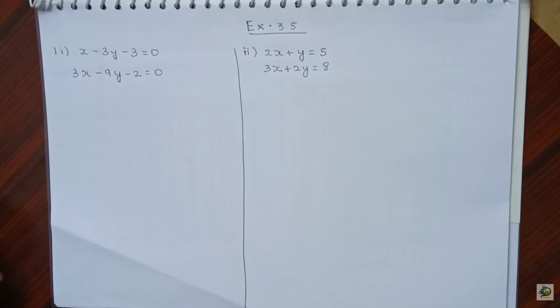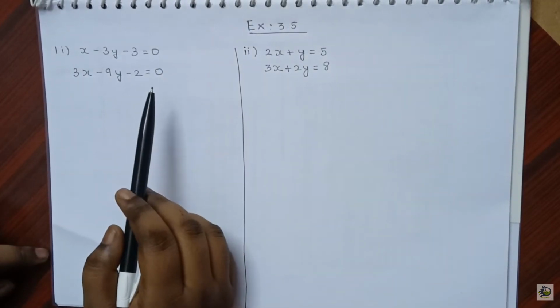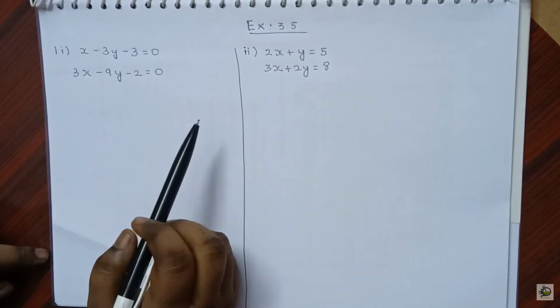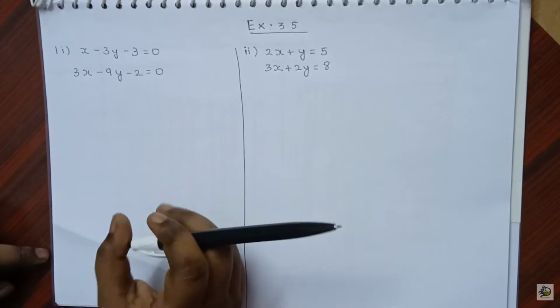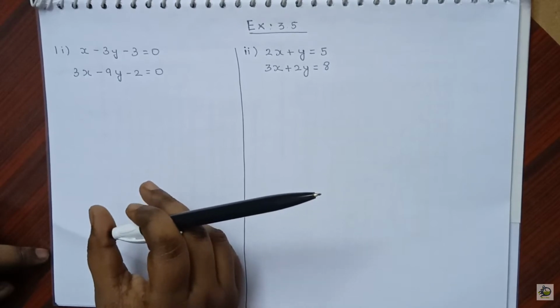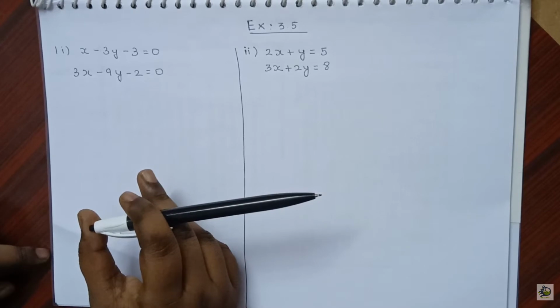Today we are moving into exercise 3.5. In exercise 3.5 we are going to learn a method called the cross multiplication method. First, initially, we have to check whether the equation has a unique solution or not. Because for infinitely many solutions or no solutions, we cannot apply this method to find the solution. Only when the two equations have a unique solution can we use various methods to find the x and y